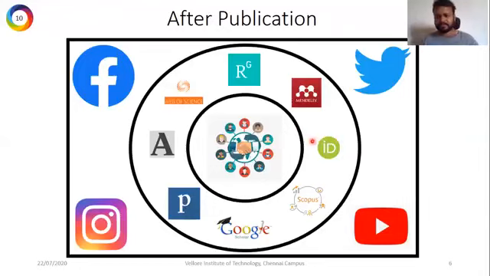So to begin with, I recommend all of you to start with creating an ID in ORCID. This particular logo refers to the ORCID online portal. The reason why I want to start with an ORCID ID is that when you start with an ORCID ID, it will be very easy for you to integrate with all the other research profiles like Mendeley, Publons, Academia, Google Scholar, Web of Science, and so on. So it's always good to start with an ORCID ID. If you don't have an ORCID ID already, start with that, and then I recommend going on to the